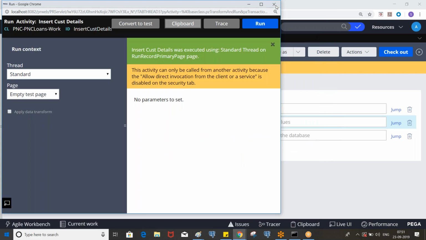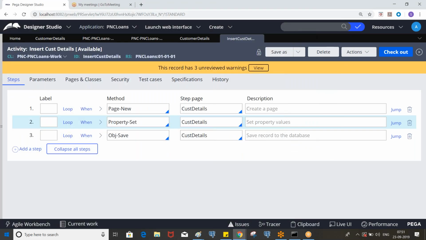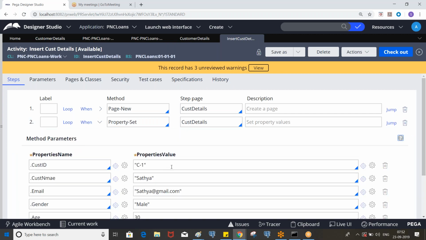Now let's assume we have 10 different methods, and you want to see the step-by-step execution process, or somewhere it is throwing an error. Design time errors are different from runtime errors. For example, if you use Property Set and you are not assigning even one value, it will throw an error, because using Property Set means you are assigning values to properties, so at least you need to put one value. That is the design time error.